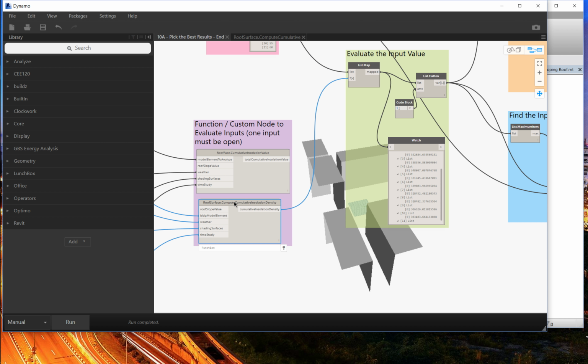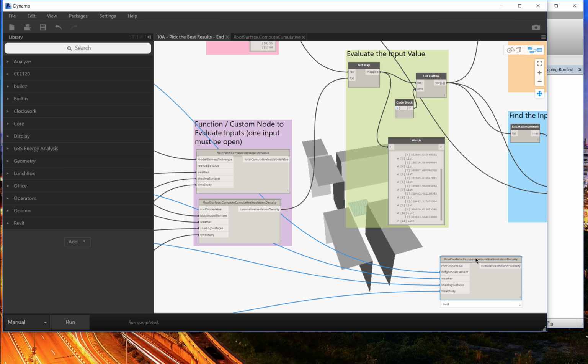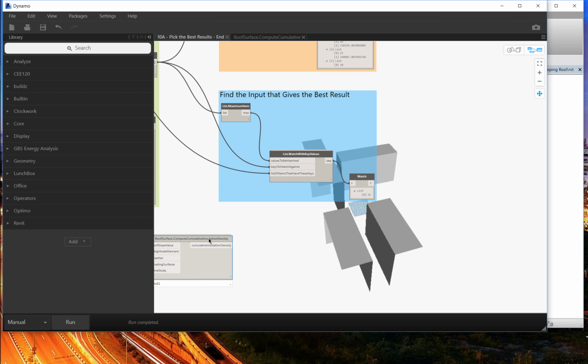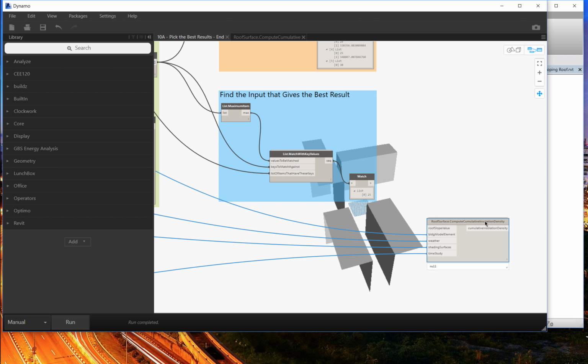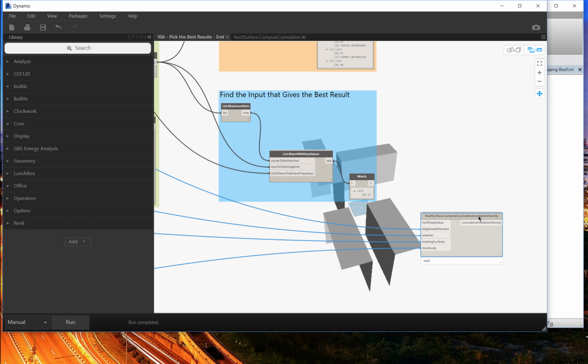This guy over here is kind of interesting to us, and the reason he's interesting is that it had a variable roof slope value. Now you have a specific roof slope value. So a really quick way to get this is to take that function that you were using to value it all the different times, and just pop that value